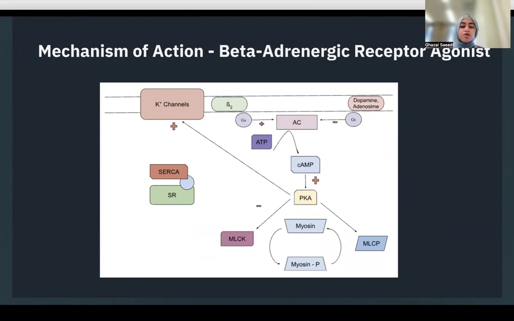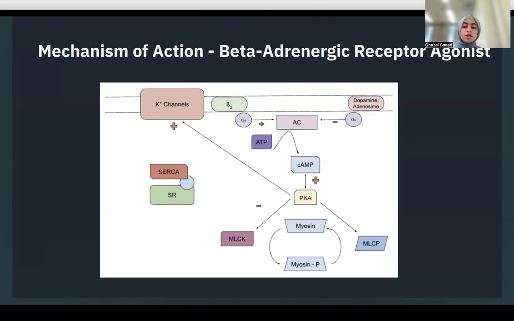activates the beta-2 adrenergic receptor, and the beta-2 adrenergic receptors are G protein-coupled receptors located on the arterial smooth muscle cells. When isoproterenol binds to these receptors, a G protein signaling cascade is activated. The activated G proteins activate adenylyl cyclase, which is AC, which catalyzes the conversion of ATP to cyclic AMP. The accumulation of the intracellular cyclic AMP results in activation of protein kinase A, which is PKA, which phosphorylates